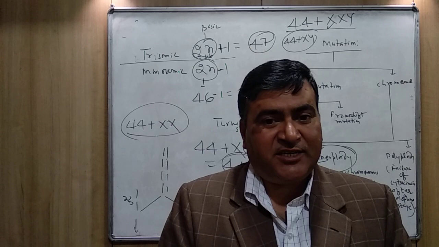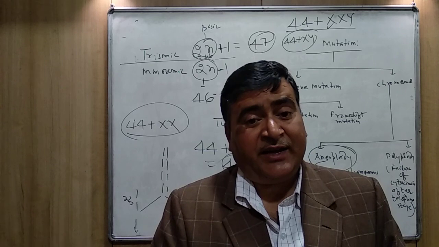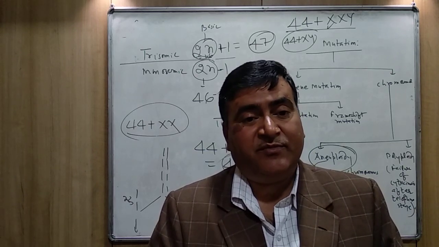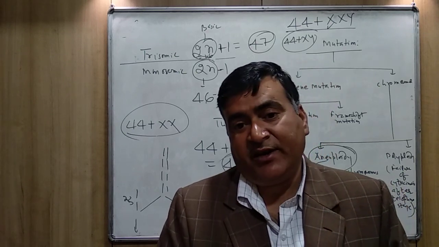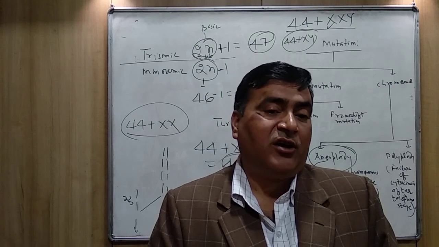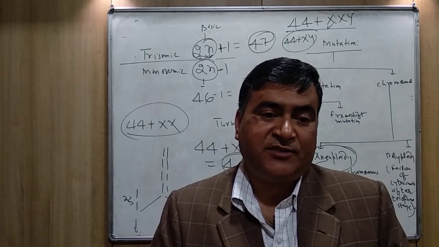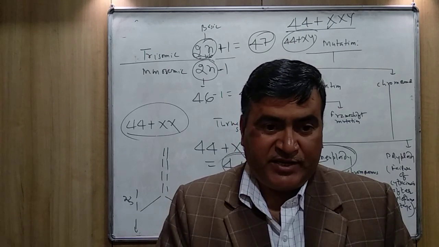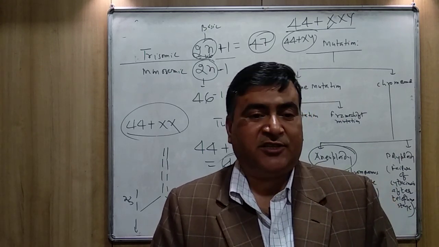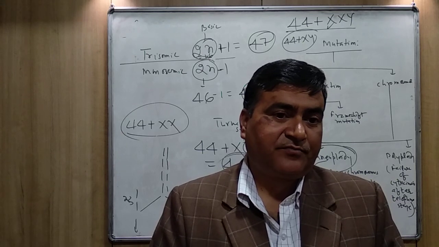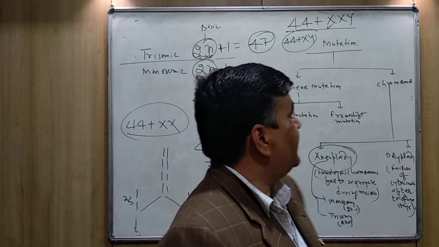Some rays, ultraviolet rays, gamma rays, and so many others act as mutagens. They may be the cause of mutation. And some chemicals, as you might be aware, can also change the structure of the DNA, and these are called chemical mutagens. So mutation is the change in the structure of DNA, and mutagens are the substances which are the cause of mutation. So that's all regarding this